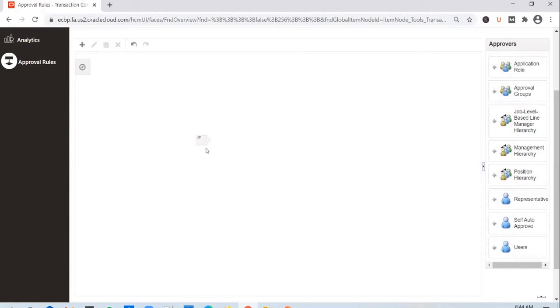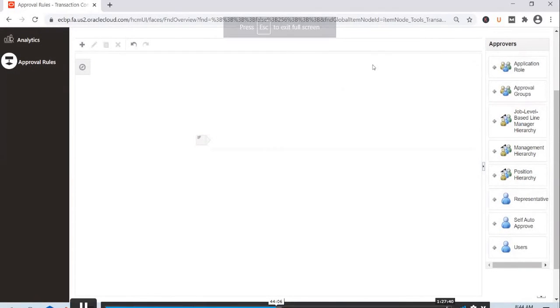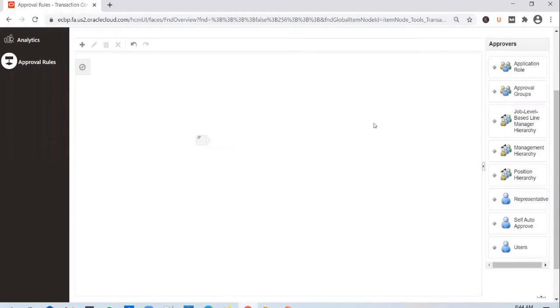So if you want a particular transaction to go through a set of participants for approval, say for example, it has to go to A, then to B, and then to C. Let's assume that ABC is a static list. Then what you can do is create an approval group with A, B, and C, and then use that approval group in the approval rules section here. And the moment a job is submitted, it will go to A. After A approves it, it goes to B, and after B approves it, it goes to C.